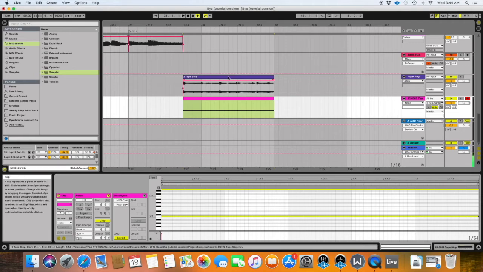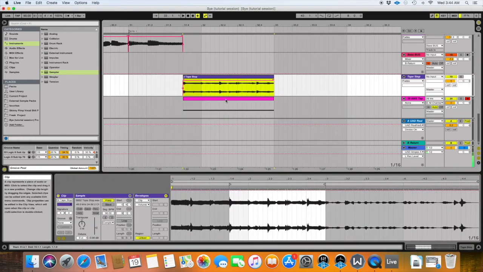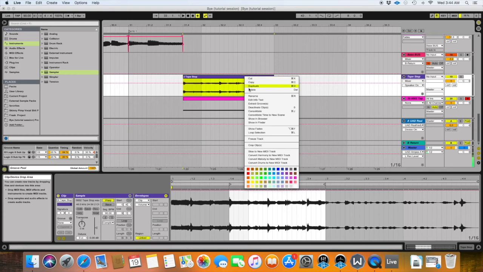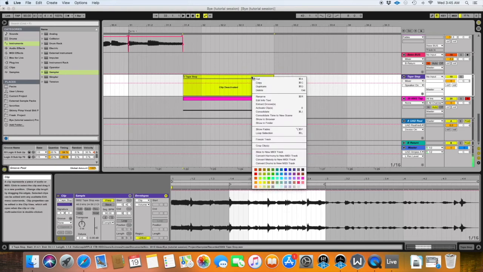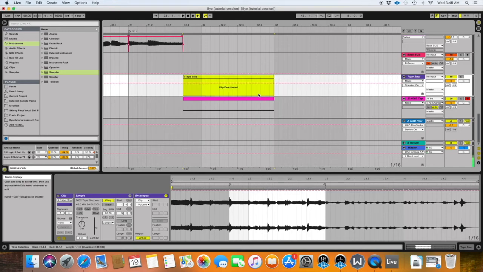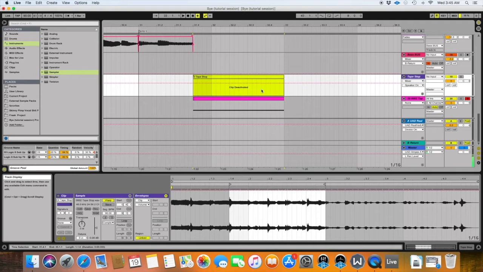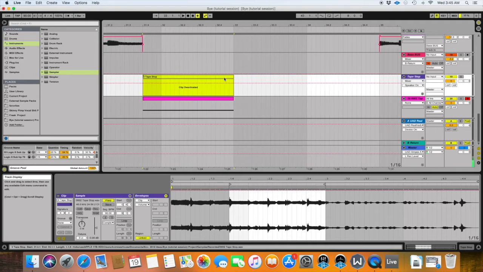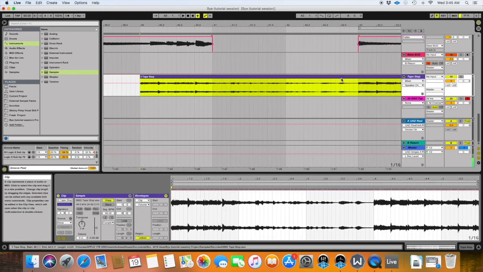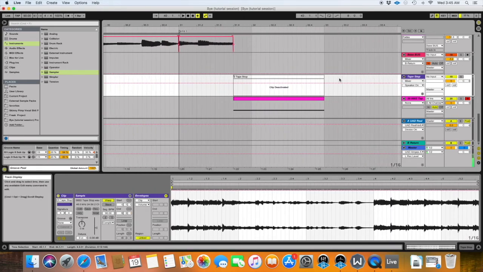So now we've put this piece of audio into the sampler, so we can now mute this track, or we can deactivate this audio clip. I believe the command for that is 0. Yeah, so if you just select it and hit 0, that will activate or deactivate that clip. Sometimes that's better to do than muting, because we are going to need to hear the track again over here. So, alright, so let's go to our MIDI track